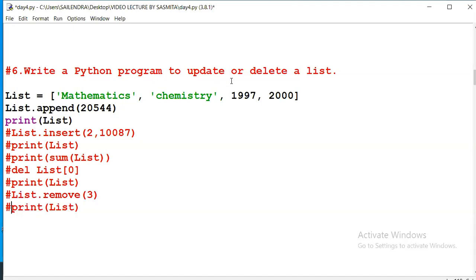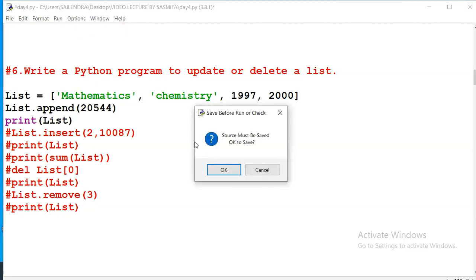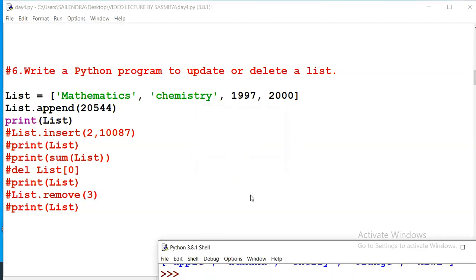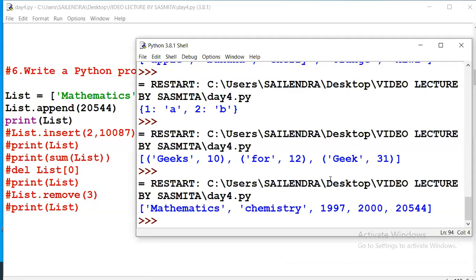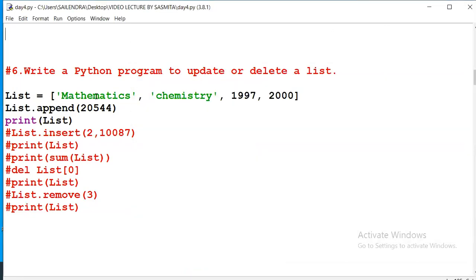What is update and delete? First we will add one element in the list. So print list. Add means, as we know, append means add. So we will run the program, append. See, that value is added in that list. So in these elements, this value is added in the list.